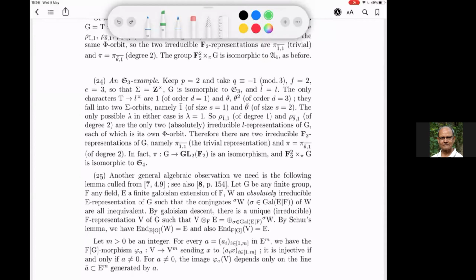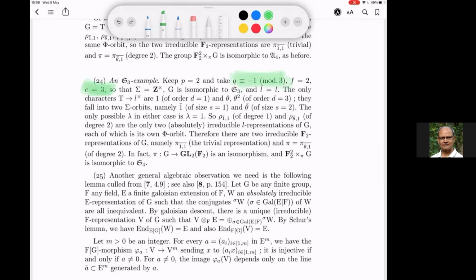But because this Q is congruent to -1 modulo 3, and the action is raising to the power Q, the action is not trivial. On this group of order 3, it takes x to x inverse instead of taking x to itself. If Q had been congruent to 1 modulo 3, then it would have been the trivial action and the group would have been just a